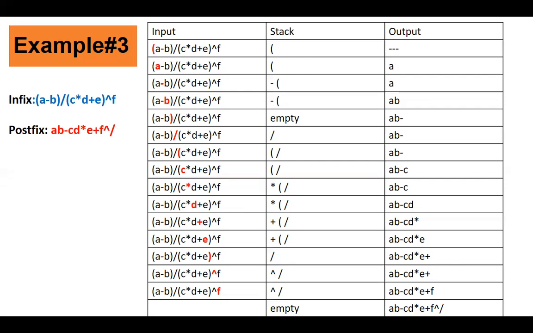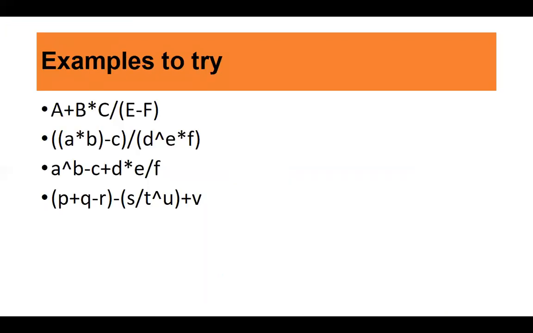Now, suppose there is already an operator in the stack and there is again one more incoming operator, then you check the precedence. Just remember the higher precedence can reside over lower precedence. So if the incoming operator has higher precedence, just push it onto the stack if the stack symbol has lower precedence. But if the stack symbol has higher precedence and incoming is lower precedence, then pop out that symbol from the stack, add it to the output, and then push the incoming symbol onto the stack. The concept is very simple. What is required is you need to practice.